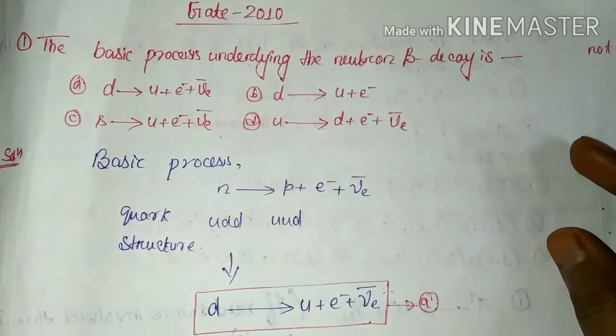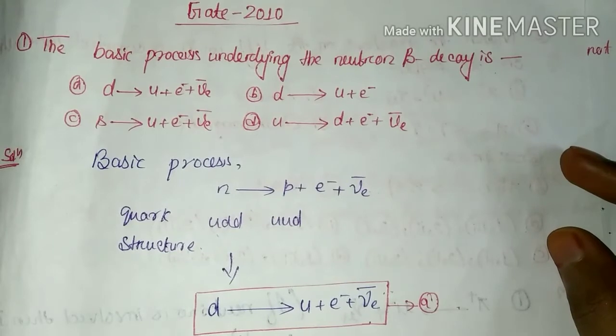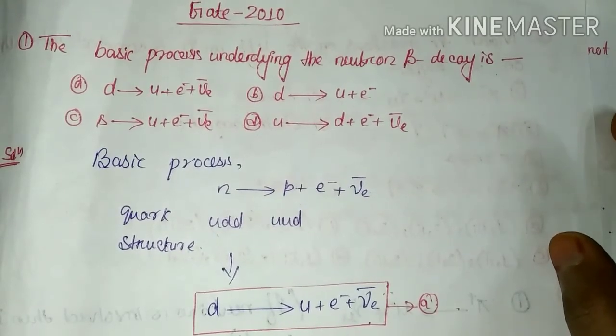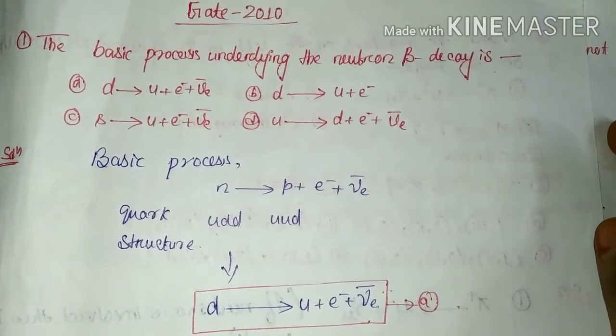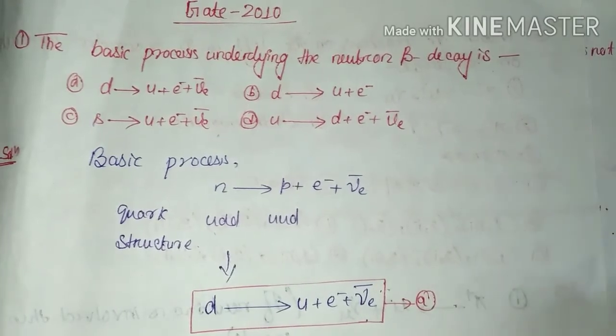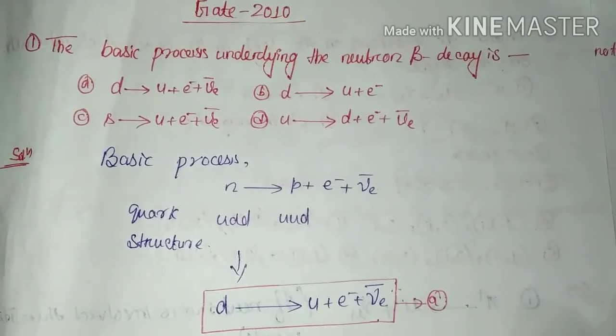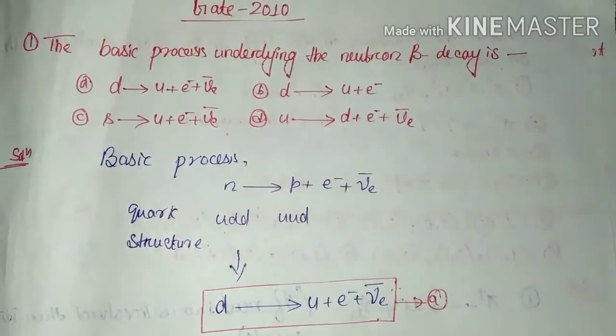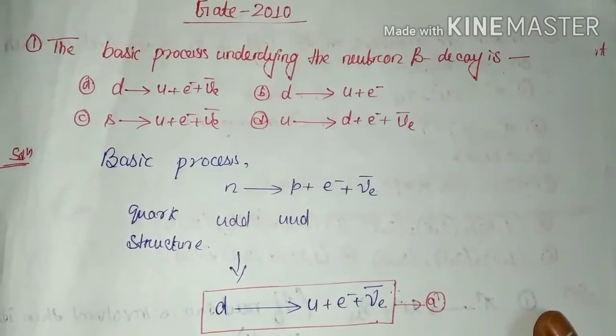And in this video we shall discuss the questions of nuclear and particle physics, as in the previous videos related to nuclear and particle physics. But here the questions will not be from the CSIR NET examinations; this time we will be discussing the GATE questions. The first one will be of GATE 2010, and simultaneously in this video I shall discuss 3 to 5 papers. So let's start with the first question.